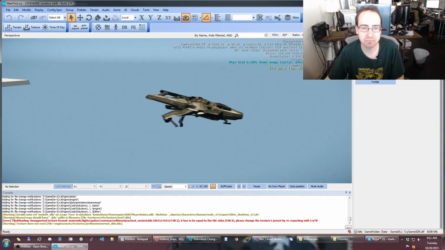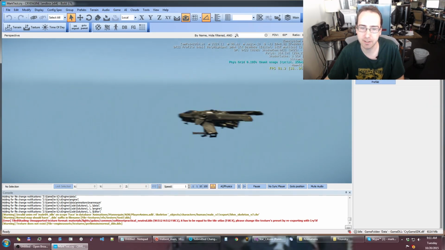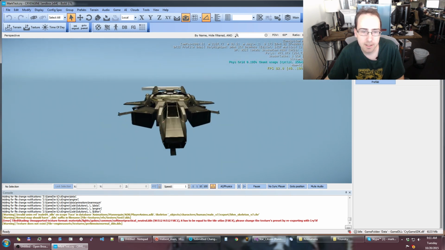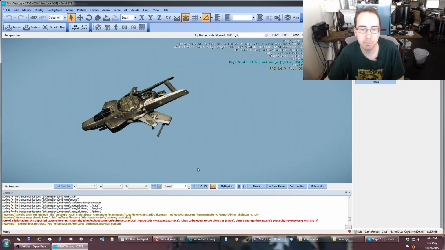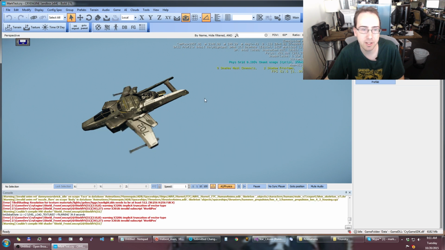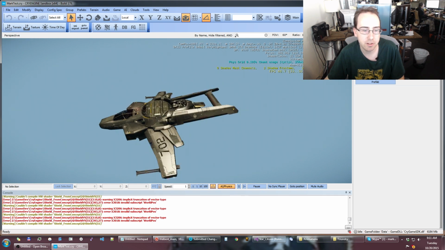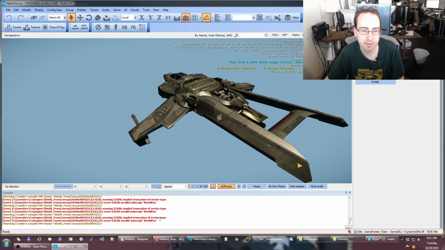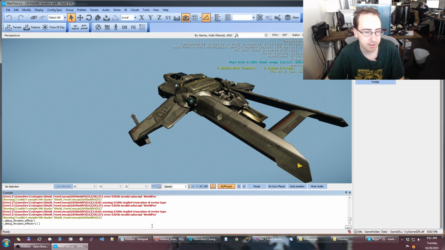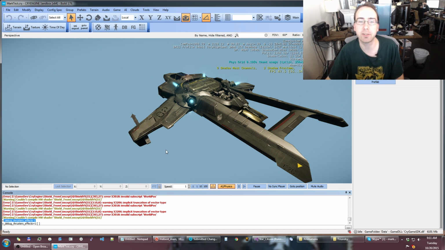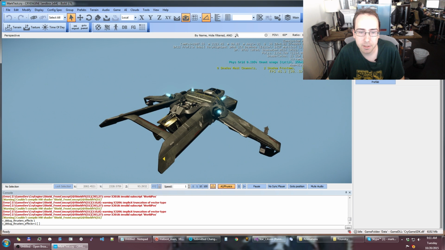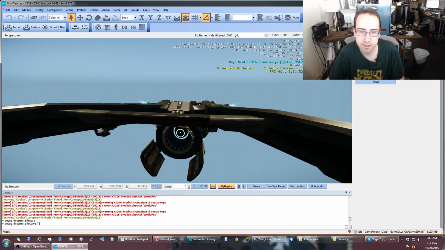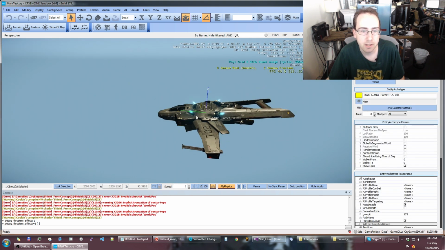Hey everyone. So we are here in our fabulous little test level. And I have an AI ship, and I'm going to go into AI physics mode. And we should be seeing some thruster effects, but we're not. So I'm going to turn on this little debug command to force the thrusters to turn on since our AI is not flying. And the bug that we have is not only is our main engine not working, but